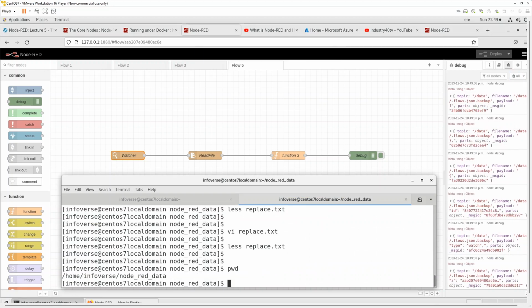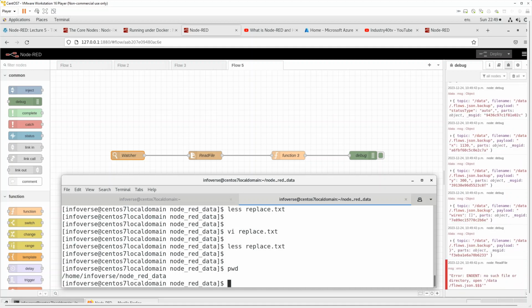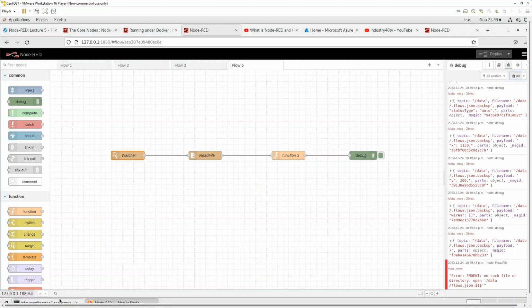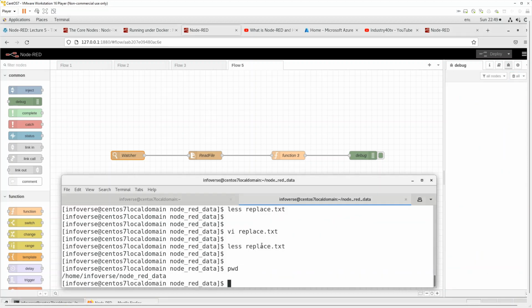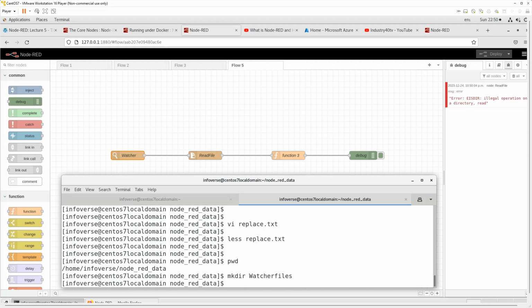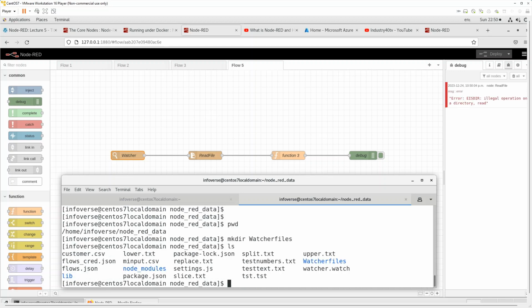So we are in the slash data, and what we're going to do is we want to create a file inside that. So let's do make directory, let's call it watcher files, right? So we have that,